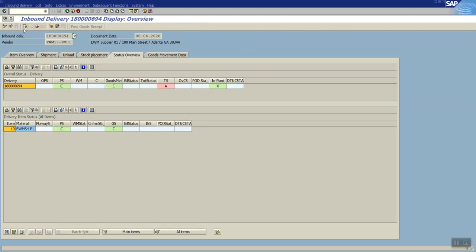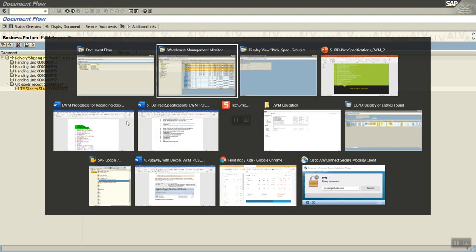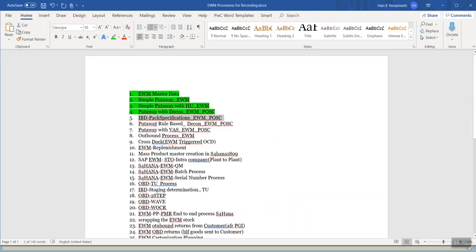So the statuses are updated, and also look at the document flow. Okay, so all the handling units, goods receipt information, transfer posting information, everything is updated. So I think we are good. With that we have completed our as-planned, our fifth process.